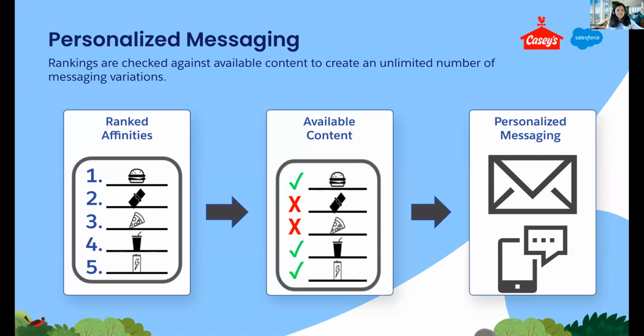So, like in this slide here, you can see burgers, candy, pizza, Coke, Mountain Dew, but they still wanted to use this data in their regular marketing campaigns, and they didn't want to target all the products that were ranked for a guest. So they tied it to their marketing campaigns by making marketing content available by date. So every night there would be a process that would look at the marketing campaigns that were relevant for that period of time, and then look at a customer's ranked affinities, and then only display those affinities that had marketable content in their personalized messaging.